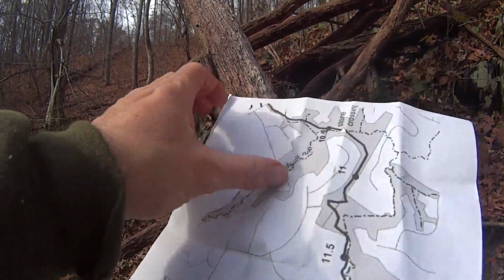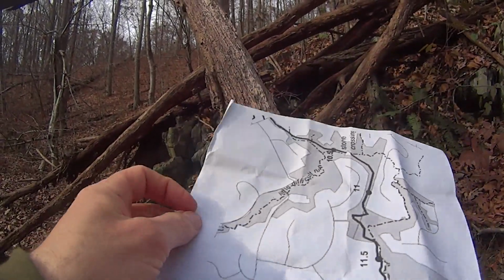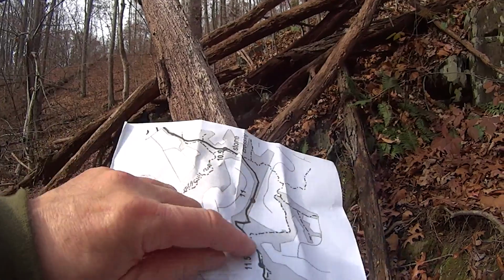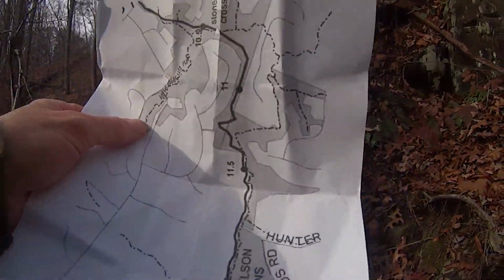Okay, now I've hiked down Birdfoot, and then it turns into Stewart Mill, and it goes all the way down here, and South Reston continues on this way. So, you know, if we can get over that little crossing, then we can continue all the way down to there. It's quite a hike, quite a good hike down there,